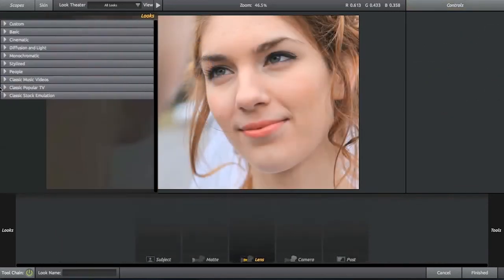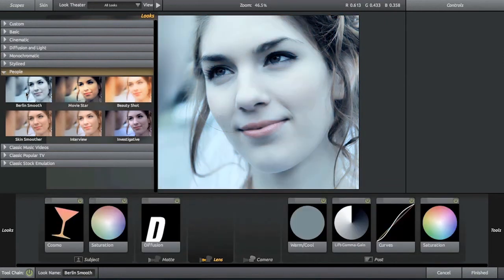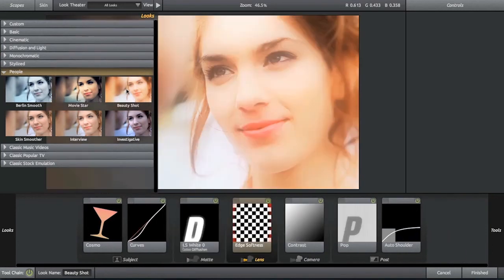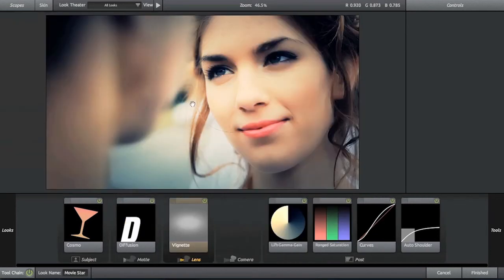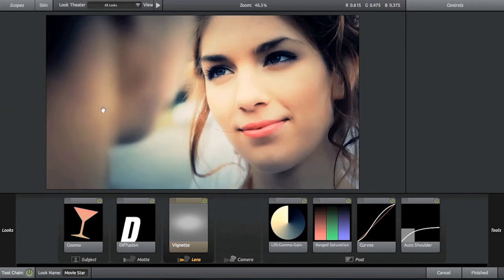People is a category dedicated to improving the look of close-ups. All these presets are new, and they all feature the skin smoothing tool, Cosmo. Beauty Shot and Berlin Smooth have definite cinematic treatments, and Movie Star creates a smooth look with artificial lighting. Whereas Skin Smoother